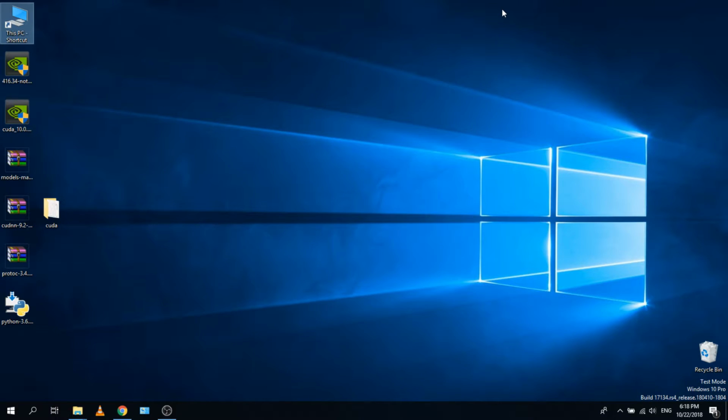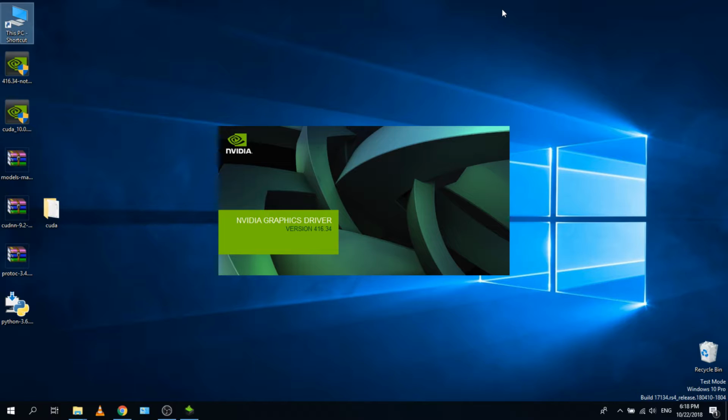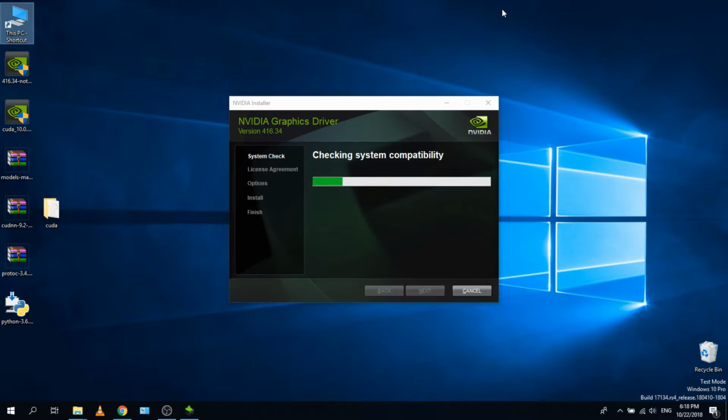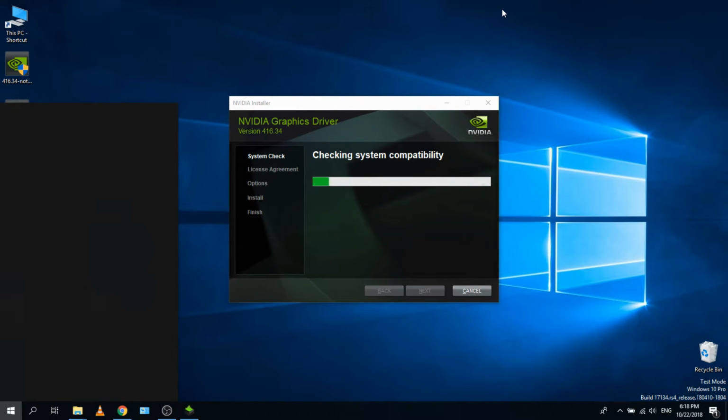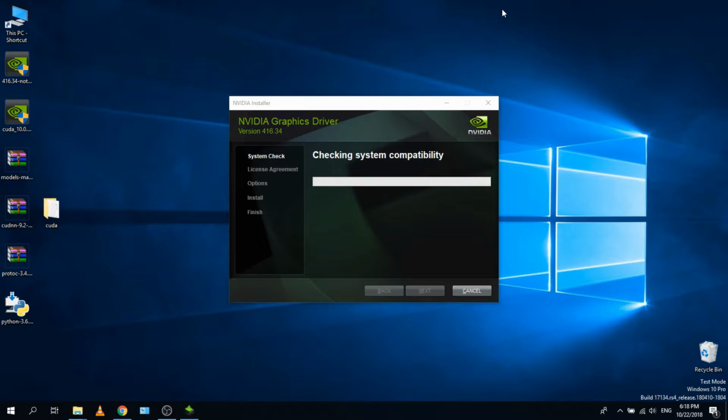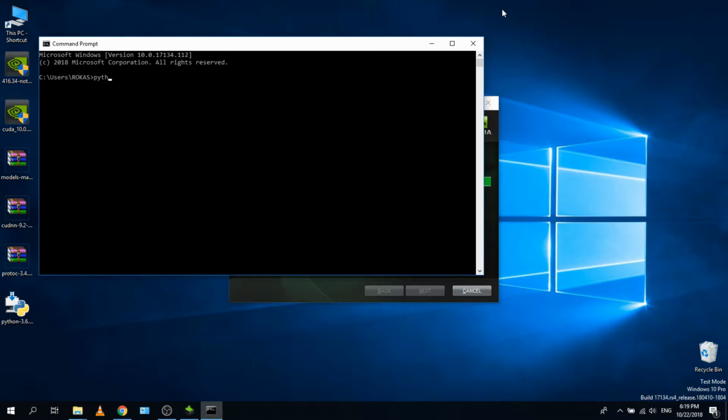So we will continue with Python preparation while our drivers are installing. Our Python should open from command prompt. So let's write python. If it's opening, it writes that it is version 3.6.7. Okay. So let's begin with package installation. So what will we need? We'll need pip install